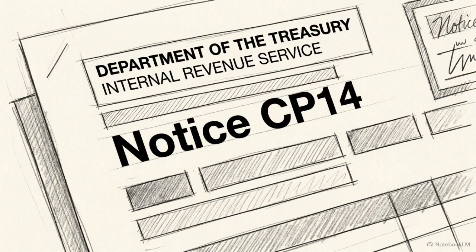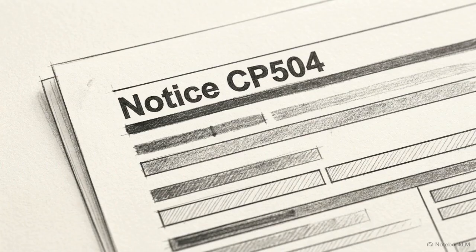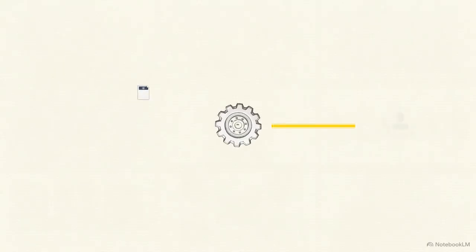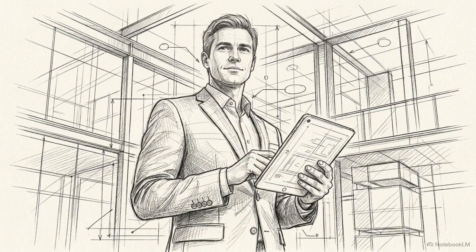Build out the CP14 for first balances due, the CP504 for state refund levies, and the LT11 for final notices of intent to levy. Consistently executing this automated pipeline changes how clients find you. You stop being a reactive generalist competing on price and become the proactive, recognized authority holding the